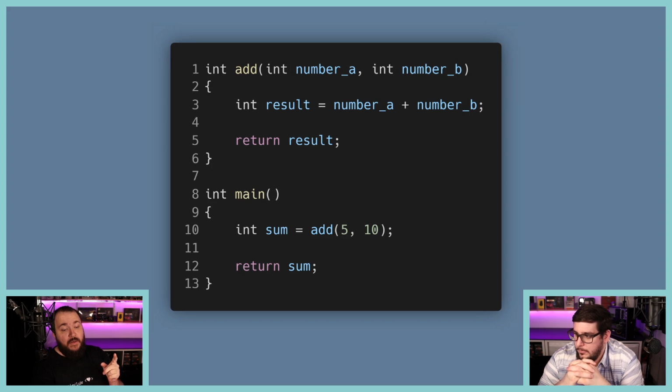So here, we start in line 10, and we want to create a variable called sum. But the value of sum is the result of the add function. So this is the same as season 1 with processing. You call add, so we then have to go into that function. We do the work that's in add. We go to line 3, line 5, we return the result. And then the result from add is put into sum. So here, it's 5 and 10. So 5 is put into number A, 10 is put into number B. So 5 is in line 10, goes up to line 1.